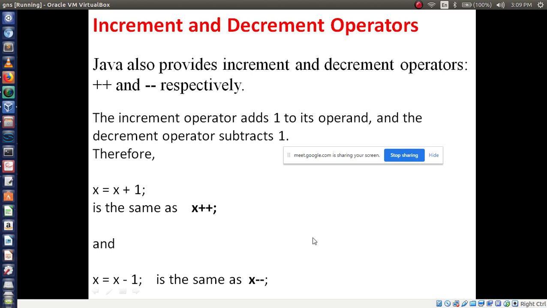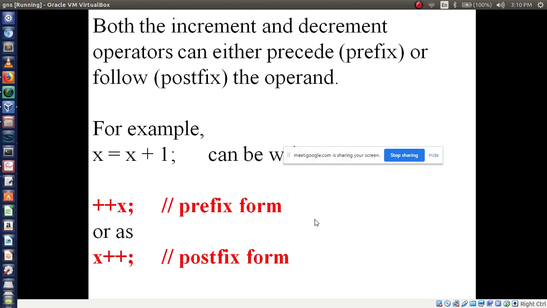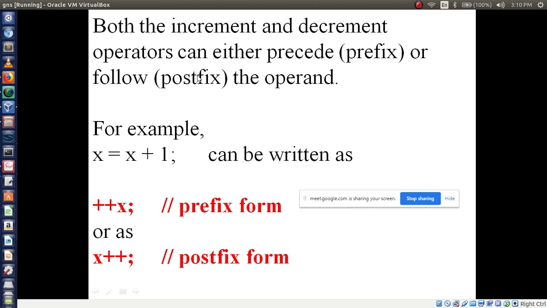This is the general form, not in depth, just a simple basic idea. So that is increment and decrement. Now both the increment and decrement operators can either precede the operand, which we call prefix, or follow it, which we call postfix.